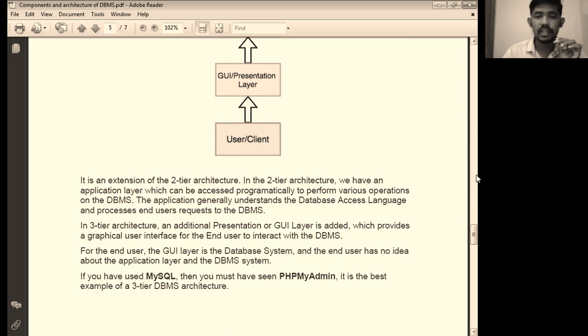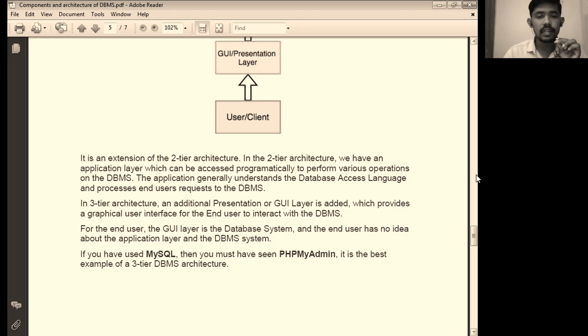In this architecture we have an application layer which can be accessed programmatically to perform various applications or operations on database management system. The application generally understands the database access languages and processes the end user request to the database management system.